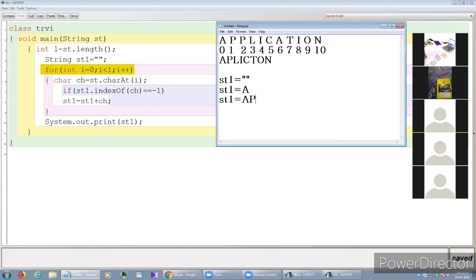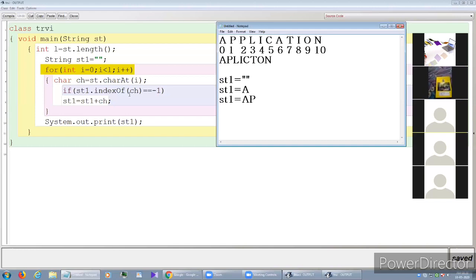Again, I repeat here. Presently st1 is updated and this st1 became AP. Presently in st1 we have AP dot index of ch. In ch we have P. So P belongs to which index of st1? Definitely, as per the updated st1, P belongs to index 1.